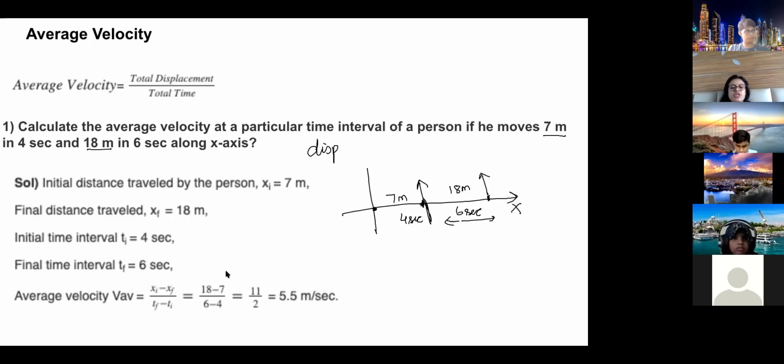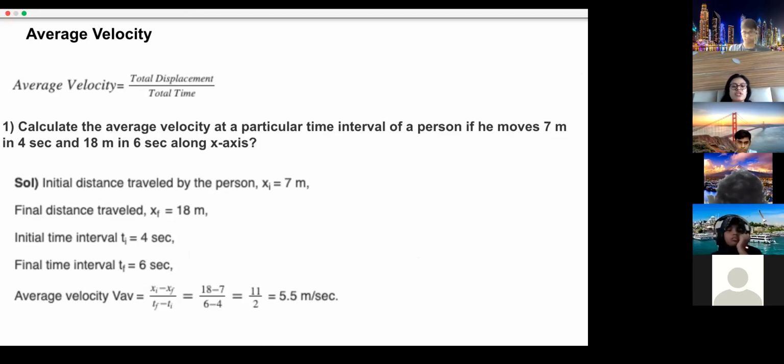And what is the total time? Actually, you won't be getting a question on average velocity. This is just one example I'm showing you, that average velocity and average speed are different. So how do we find out? Okay, so the answer will be 5.5 meter per second. I think leave this because you will get confused. If it's not coming, leave it.